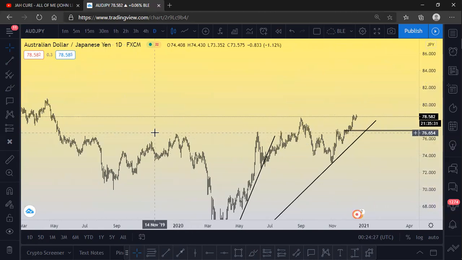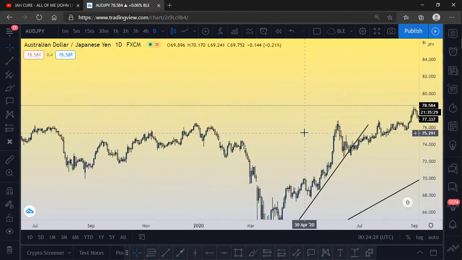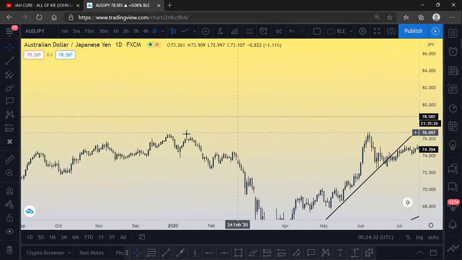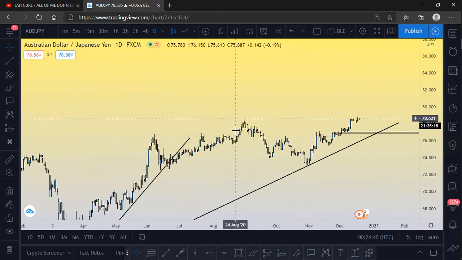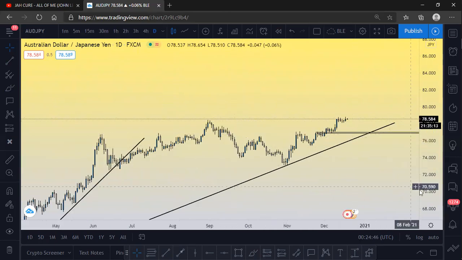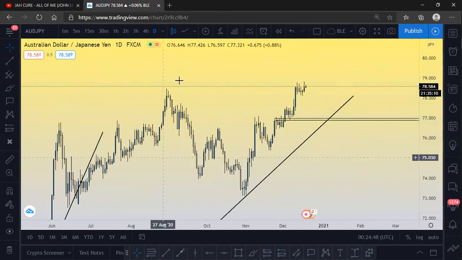Let me zoom in for you so you can see this. You can see how price has not actually really broken structure yet. So we are waiting for price to break structure, and then we had the break of structure in this place to the upside. So now we know that price is going in an uptrend, right? You can see how we had the high, we have the low, we have the higher high. It's still in the process of creating. It has created a higher high already, but we want to see it establish that higher high before coming down to give us the higher low, and before we take it up.